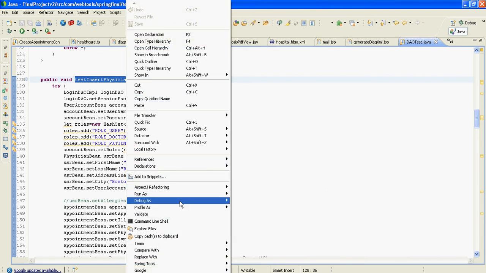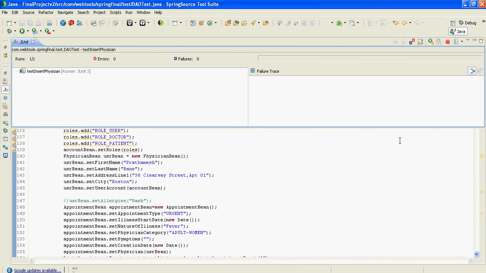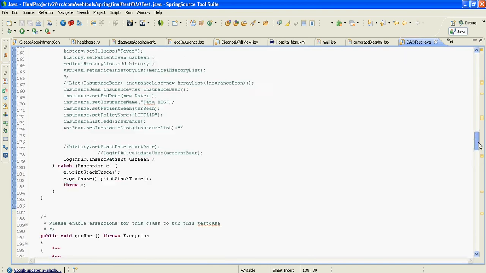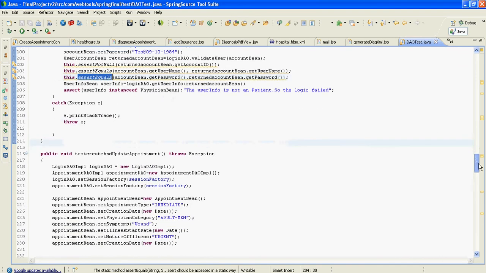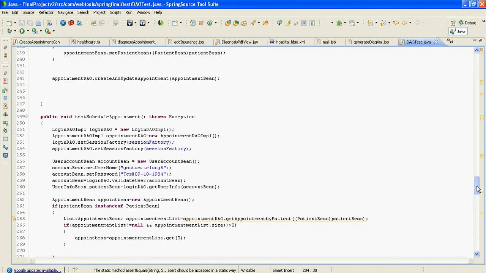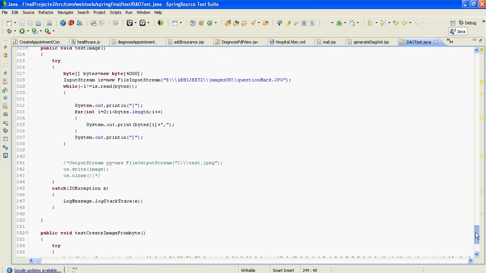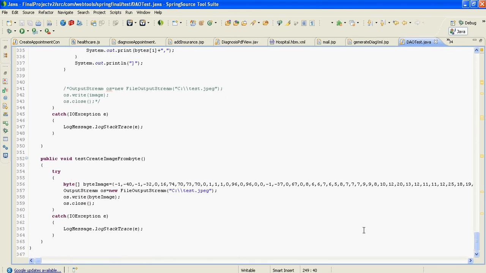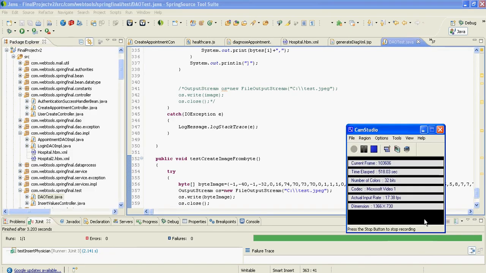All the backend, the persistence layer, was tested thoroughly through JUnit, because the JUnit part was new, and the Java frontend I'd done a lot of in the assignment, so I was quite confident of implementing it without JUnit. So I've used JUnit for Hibernate testing. Look at assert null, not null, assert equals. Test schedule appointment: I was planning to use a test schedule appointment for the admin user, but I was not successful in doing so. So yeah, I've used JUnit this way. So this is my JUnit file. Now I've finished the code walkthrough.